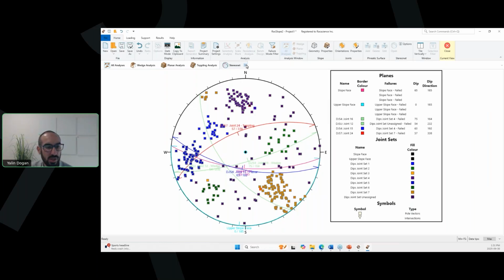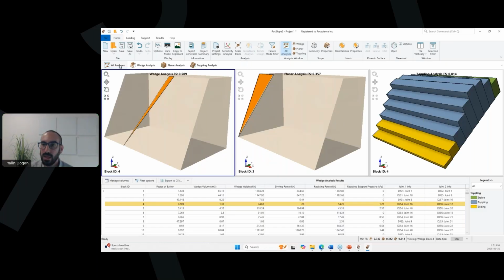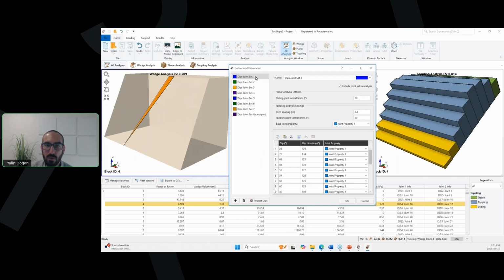So let me close the Stereonet view and let us see how we can selectively include or exclude joint sets from the analysis. Currently, by default, after the import, all joint sets are included in the analysis because the include joint set in analysis checkbox is selected for each joint set. So let me go and deselect